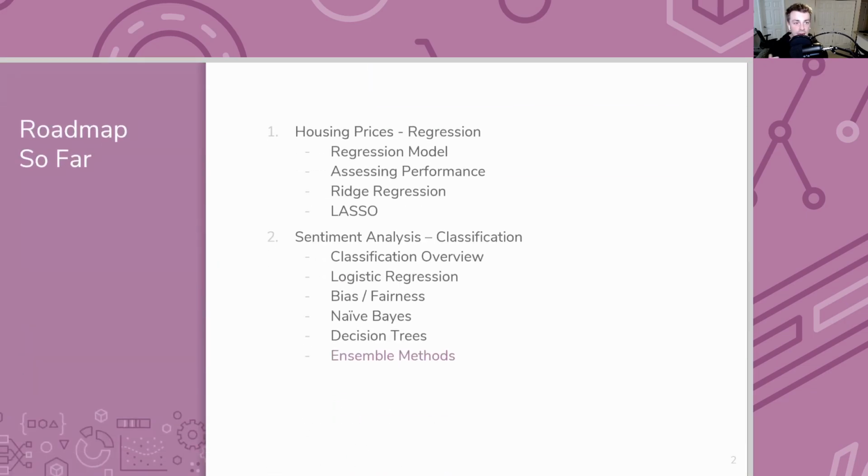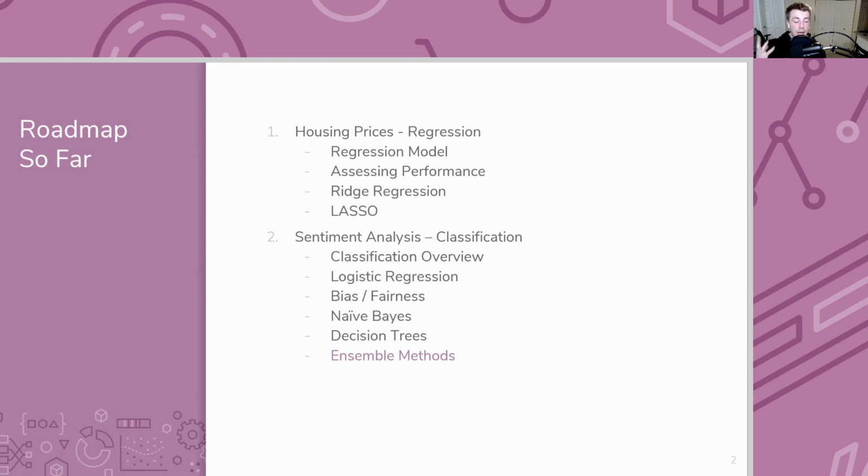So just to kind of remind you of where we are right now in the quarter, so far in the first 2 weeks, we talked about regression, namely how to do regression to learn a line or curve of best fit. We talked about how if you use a curve that's too complex, you could potentially suffer from overfitting, and then how to prevent overfitting by using something like regularization, namely ridge or lasso, to help prevent your model from actually overfitting. And then the